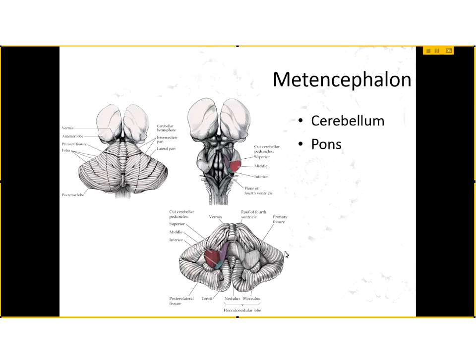Next, we have the metencephalon. The metencephalon contains the cerebellum and the pons. The cerebellum, of course, is this very wrinkly structure that we see here. It has a lot of tight kinds of sulci and gyri located there, and it plays a very important role